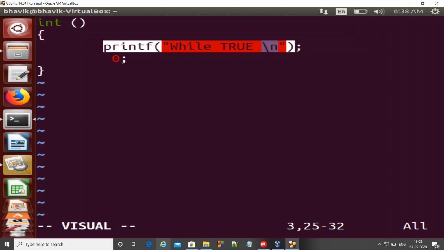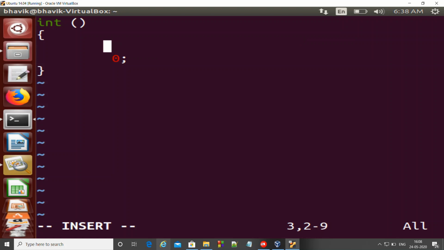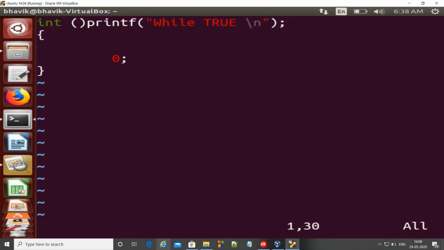Once you have selected the content, you need to press c to cut it, and then go anywhere you want to paste. Suppose I want to paste it here in the first line. You need to press escape and then p. This is how the content is cut from the third line and pasted on the first line now.